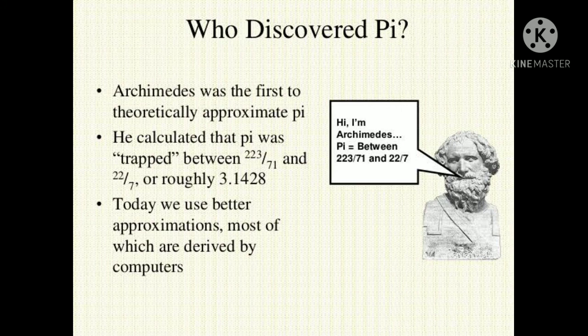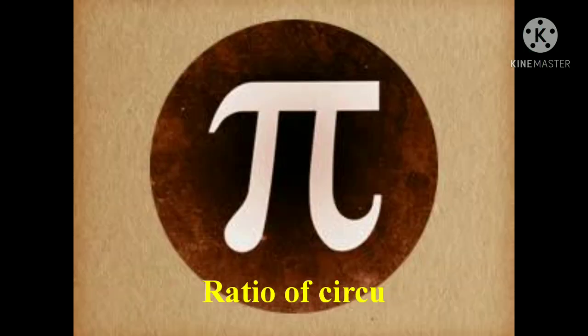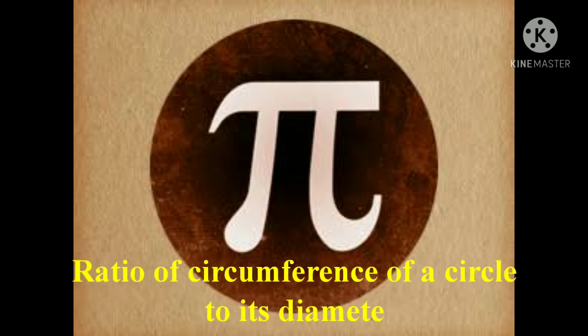So this is just a story of Archimedes who found pi. Pi is just a constant number, and its value will be continuous. You can see this teacher is going on writing the digits of pi, but he cannot find the end. If you divide 22 by 7, you will find this answer. It will go on and on, it will not stop. So this is a constant value and we take it as 3.142. Pi is nothing but the ratio of the circumference of a circle to its diameter. Okay, ratio of what? Circumference of a circle to the diameter. So that is pi.